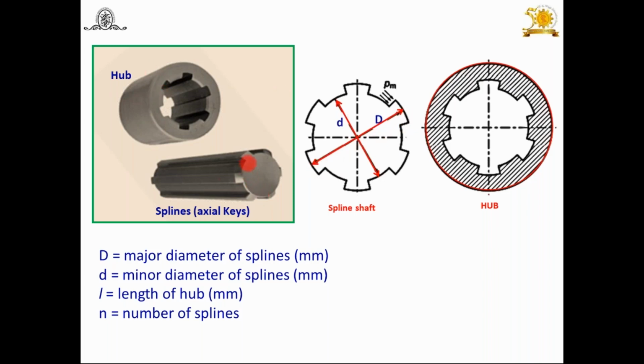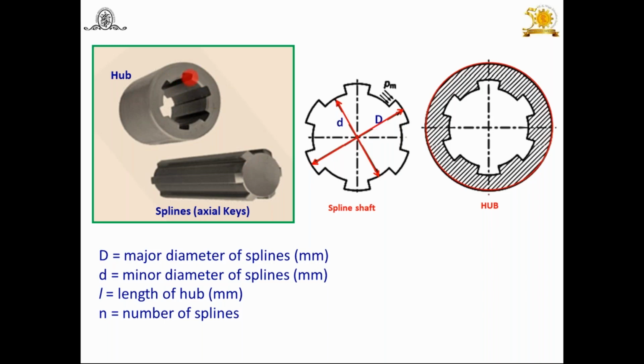And again here, look at the diagram. This is the major diameter, and here for the slots, the minor diameter. Look at this. Small d is the minor diameter of the splines. So where will you get the effective area to transmit the torque when it rotates? When it rotates, you will find this hub portion, or a part which is mounted on the shaft. What is happening? The slot of the hub and the key of the shaft come in contact here. And when it rotates, during that time it transmits the torque.